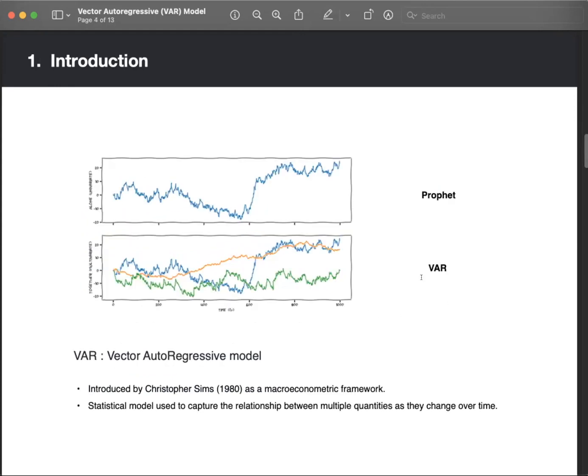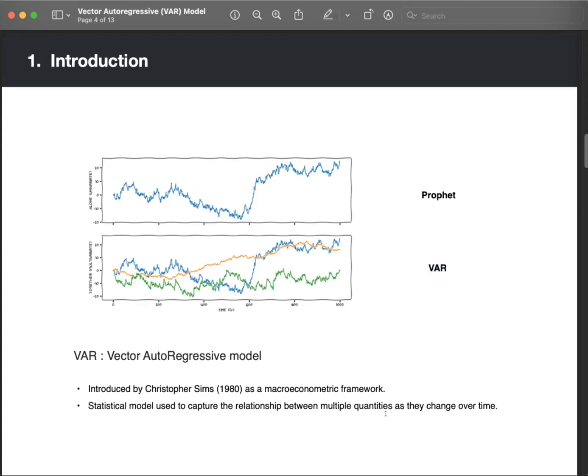And also the reason I came to look for the VAR model is because of the industry I'm working in, online marketing. There are a lot of variables that we need to predict. Since it's a B2B company, we need to predict a certain variable for a certain company. And there were numerous predictions that had to be made. And with Prophet, I could only predict one target variable at a time, and having to train a single model for each prediction seemed a little bit cumbersome. So I wanted to look for a model that could predict several predictions at the same time,